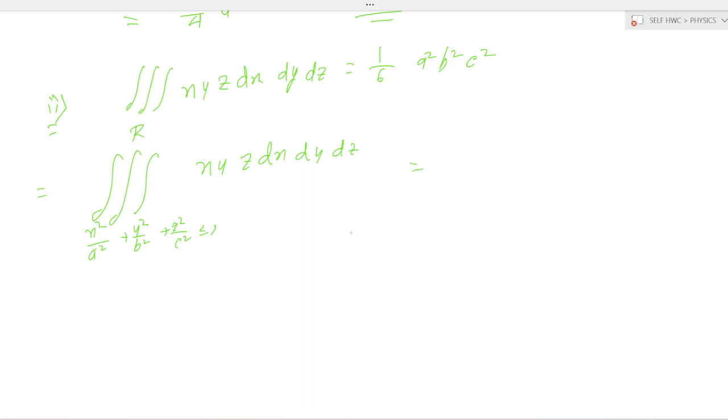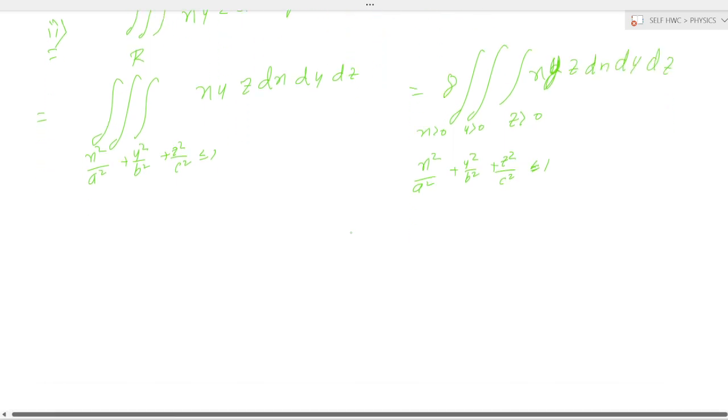And next, this is equal to 8 times the triple integration with x greater than 0, y greater than 0, and z greater than 0, and x square by a square plus y square by b square plus z square by c square less than or equal to 1, of xyz dx dy dz,